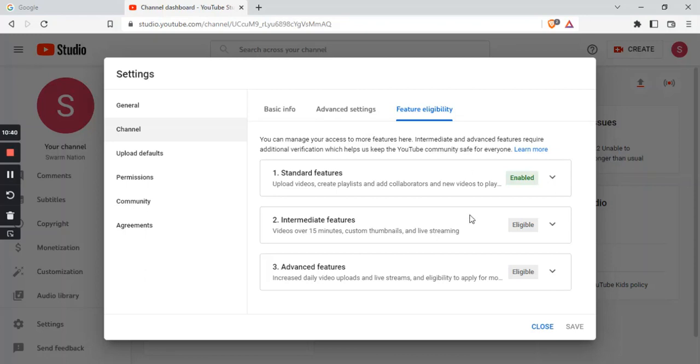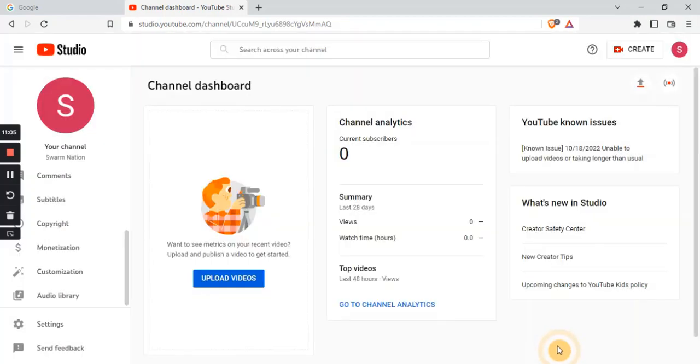So if you notice for any reason that under feature eligibility there are some things you are not eligible for, you want to make sure that you do a verification, to be sure that your YouTube channel is properly set up. Once you have done that, congratulations, you have created a YouTube channel, and then you can just start uploading your first video. But before you upload your first video, you should see the next video in this playlist that talks about